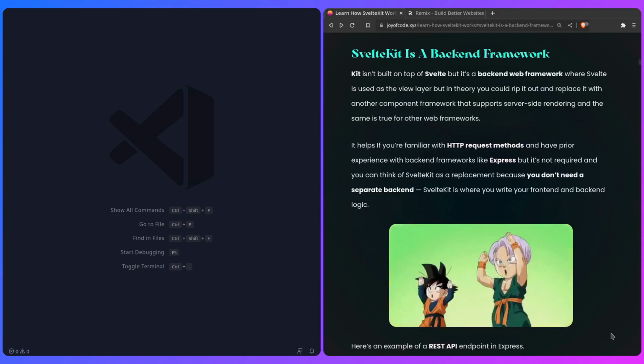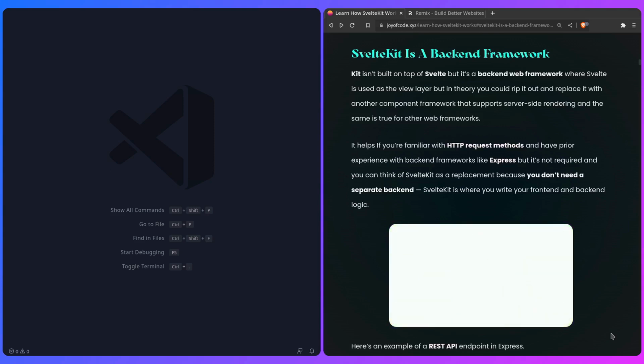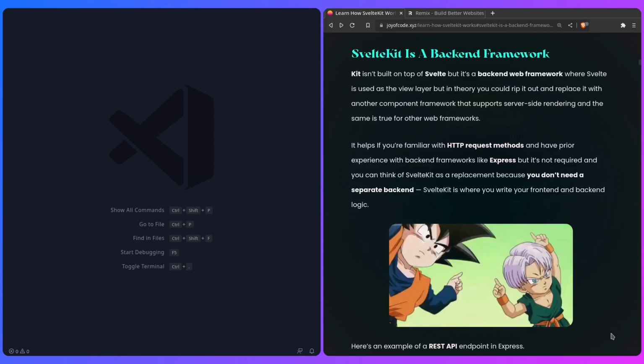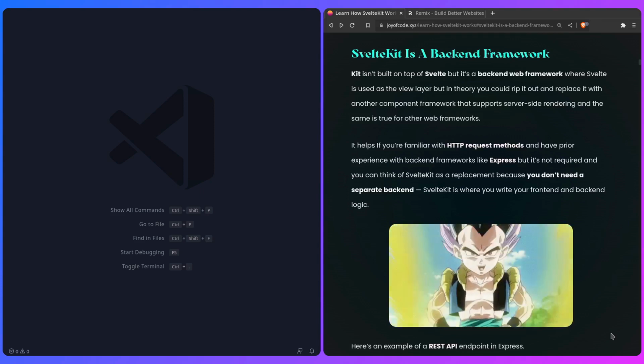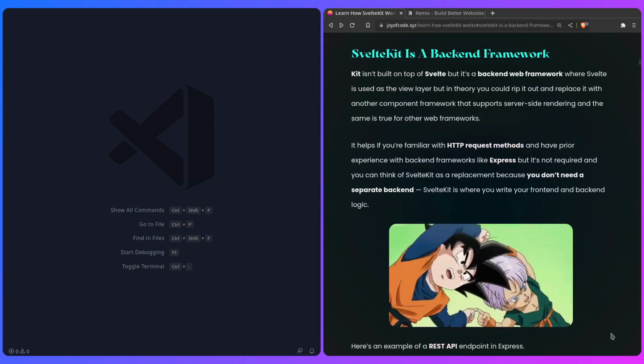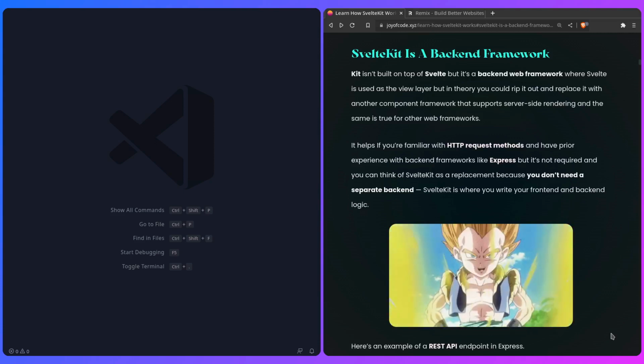SvelteKit is a backend framework. And you're going to hear that SvelteKit is a full stack framework, and then some people argue semantics. It's really not full stack, you don't get a database, etc. It's really not important. The important part is that you don't think of SvelteKit as Svelte with things on top,